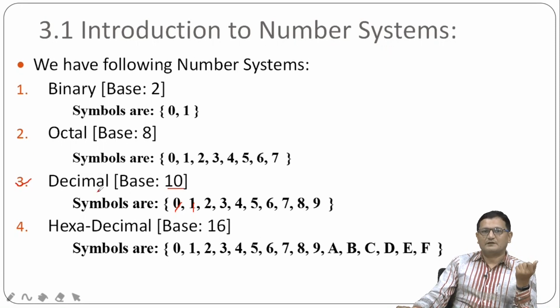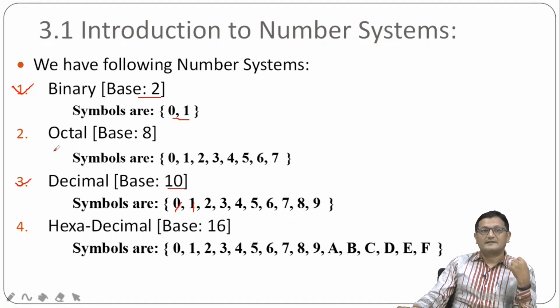Okay, so this is what we humans are using, a decimal number system, in our day to day life. But in the previous session we discussed that machines cannot understand all these things. Machine can understand only one language, and that language has 2 symbols. That language which has 2 symbols is called binary, right? So the base of the binary numbering system is 2. Why 2? Because in the binary numbering system only 2 symbols are allowed, one is 0 and another one is 1, right? So binary is a numbering system whose base is 2 because it uses only 2 symbols, 1 and 0,